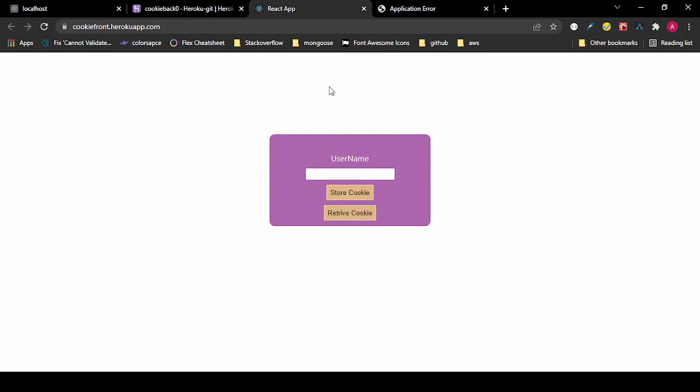So as I mentioned earlier, this is not a deployment video, though I have a video on deployment. I'll link it in the description section. But this is the front end application, the React app being hosted on Heroku. As you can see, the connection is also secure thanks to Heroku. It's an HTTPS connection, so we'll not have an issue with the secure attribute set on the cookie. So we can simply copy this